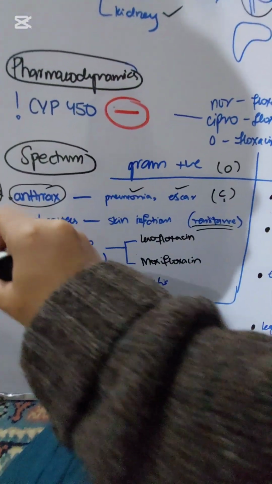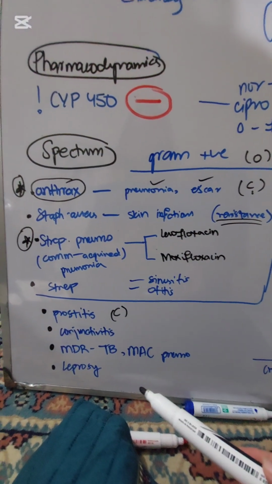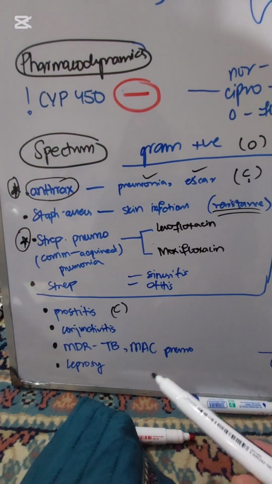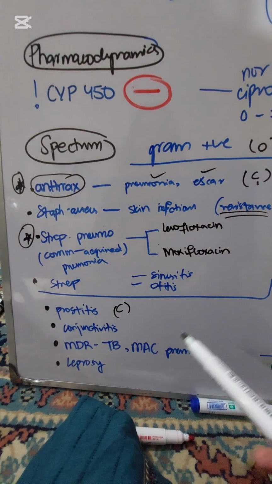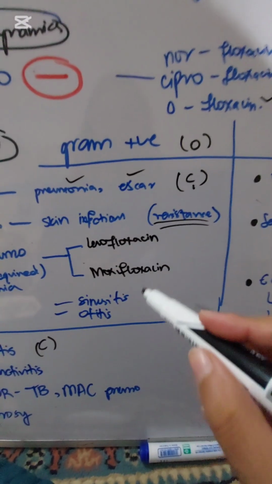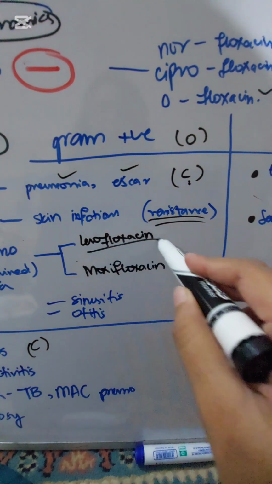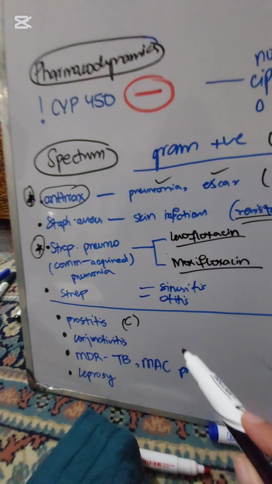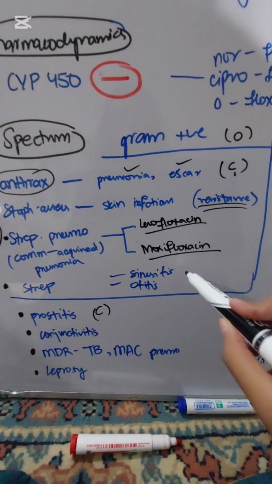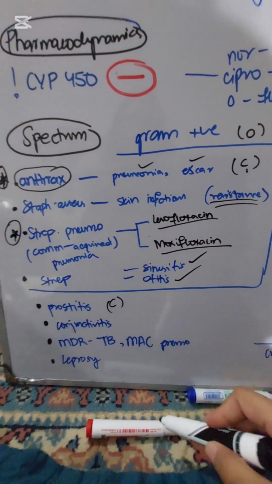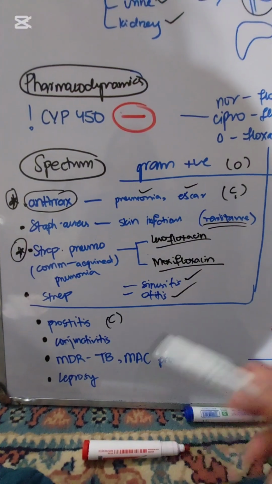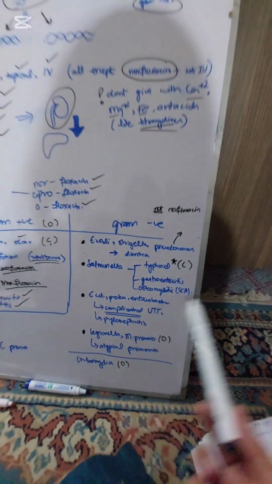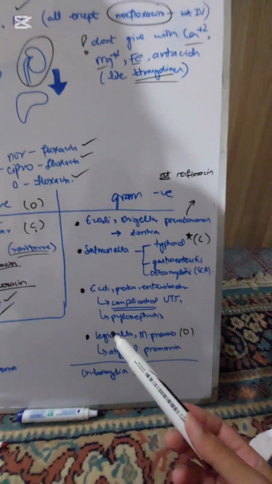Another very important use for it, like I said, is to combat strep pneumo infections, which cause community acquired pneumonias and bronchitis. तो उसके लिए we use the respiratory fluoroquinolones, which are levofloxacin and moxifloxacin. इसके अलावा for other strep species, बल्कि for strep pneumo, you also use this for sinusitis and otitis. ठीक है? And you can also, in gram-negative bacteria, which I think is a wider use, you use it